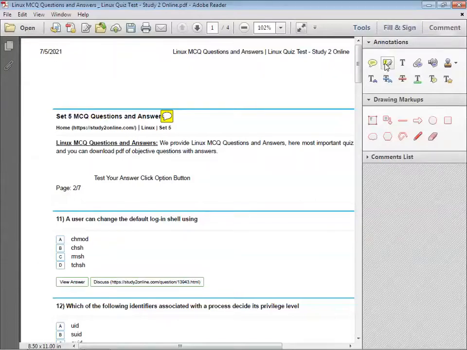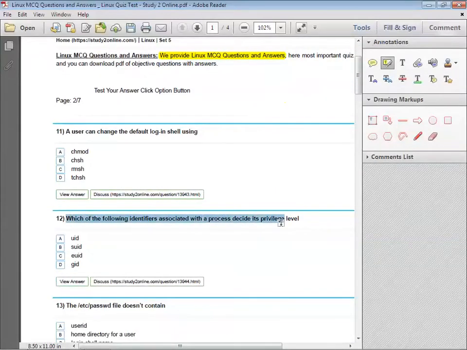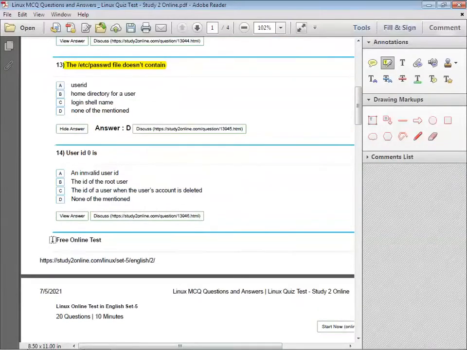Next one is the highlighter. Highlighter is basically used in the PDF format. When we have a large set of data or a paragraph, in that we have to highlight certain data. In that case, just click on the highlight text, and select whatever text you want to highlight. That will highlight with the yellow color, just like a highlighter. We can select multiple options itself.